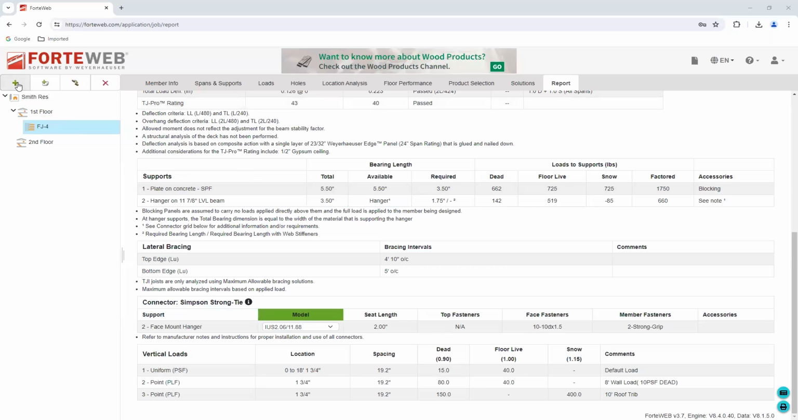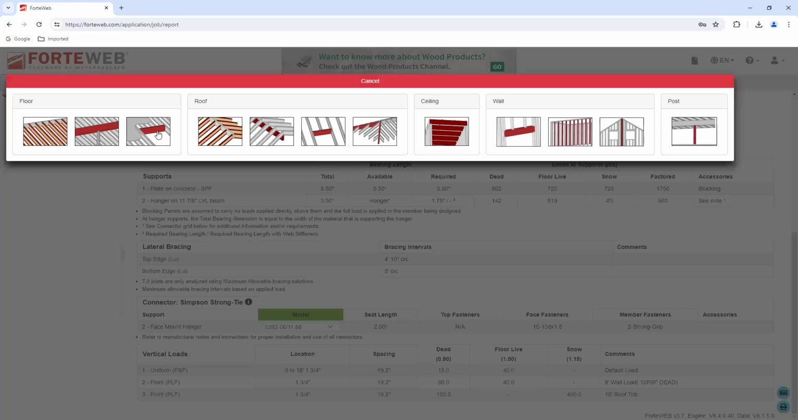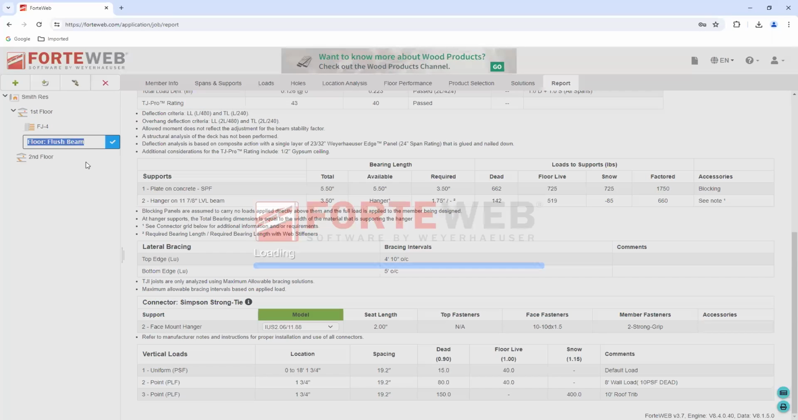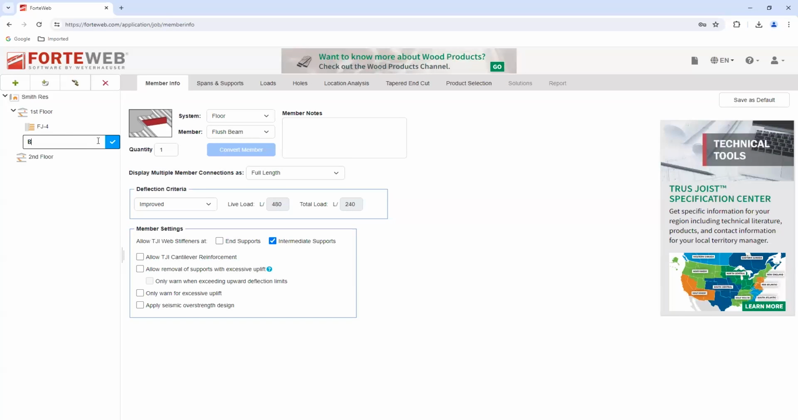So I'm going to come over here and I'm going to say add a member. It's a flush beam, and I'm going to change the name to B6 just so I have that in there. I have 2 in my floor system. I'm just going to do 1 for right now. I'm going to leave it at the improved L/480, even though it is a flush beam. And then